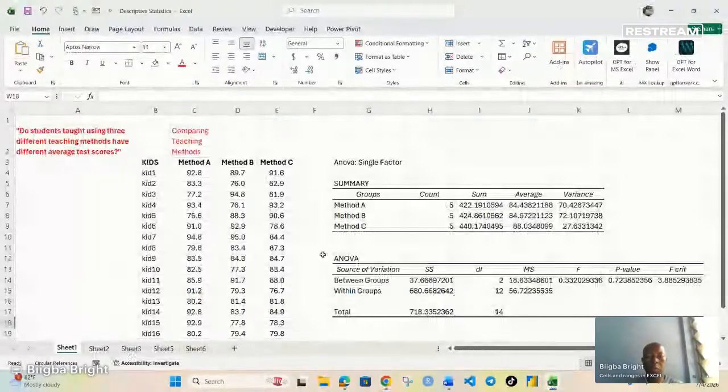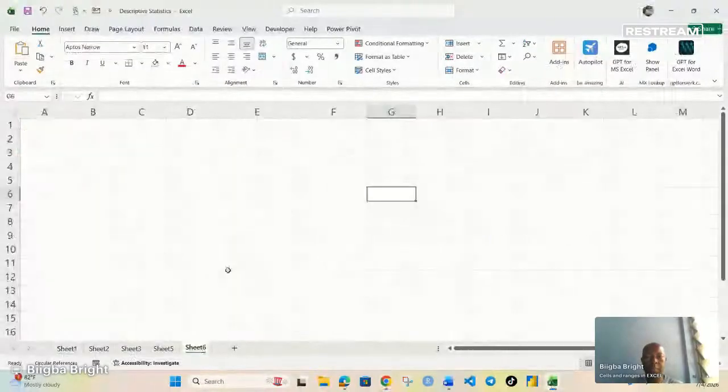Ranges in Excel. So we want to look at cells, ranges, and arrays, and then how to manage them. If you open any Excel sheet, like I've opened,